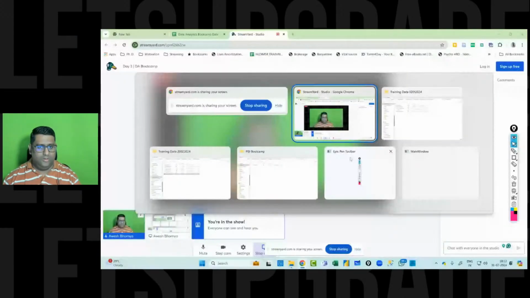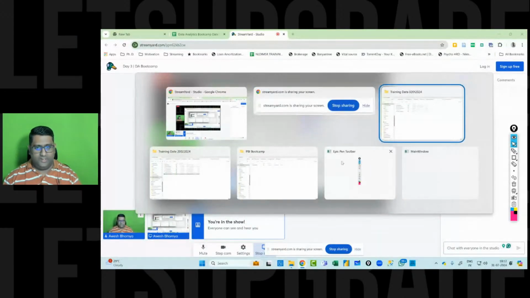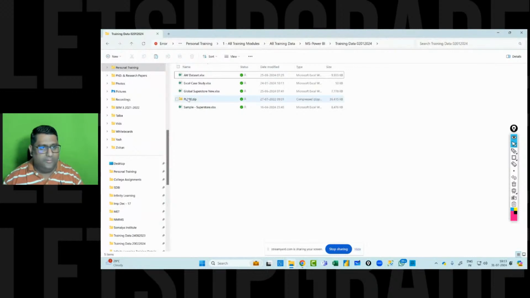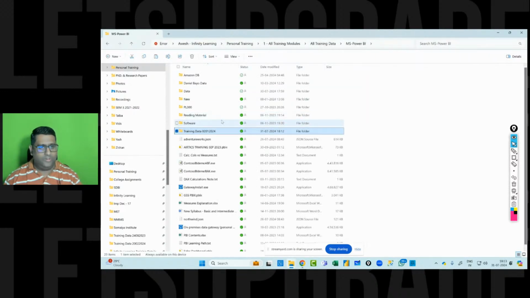Okay, so I'm going to share my screen once again. This data has already been shared with you, so please don't worry. I've already shared this data, and I think you have already downloaded it as well. So the next data set that I'm going to be using is the printer sales data set, which is basically going to be, 1 minute, I think I have,